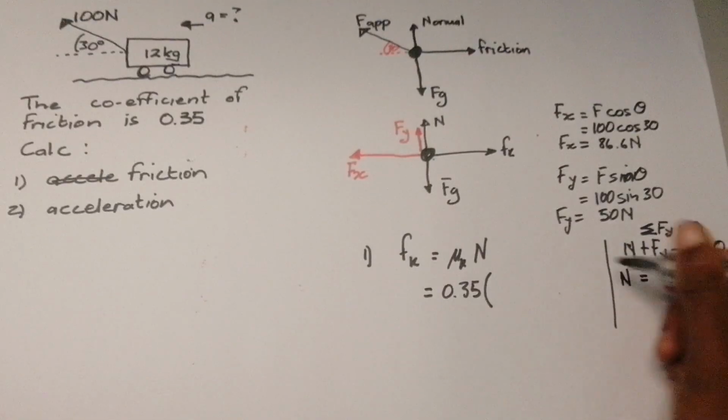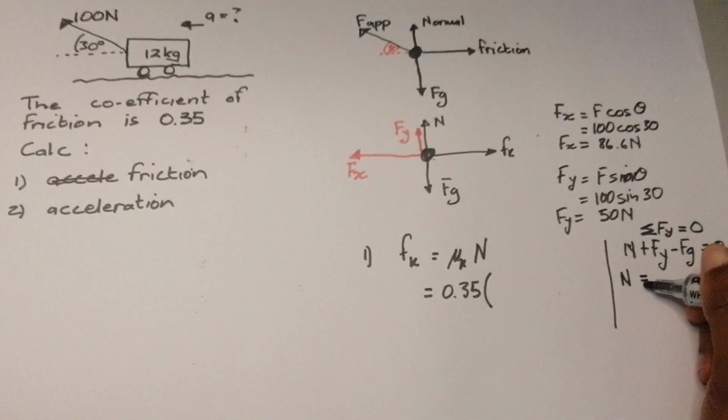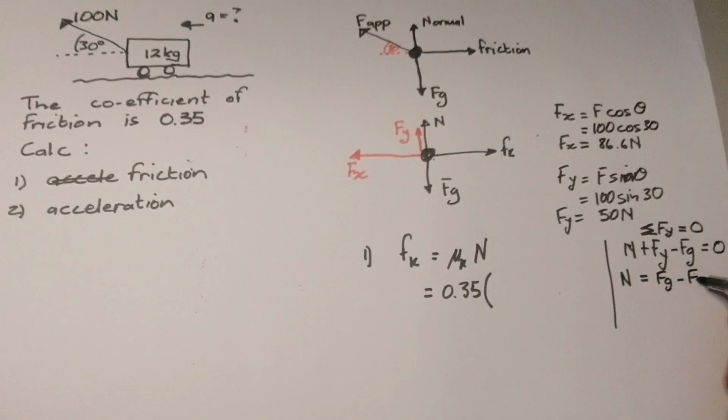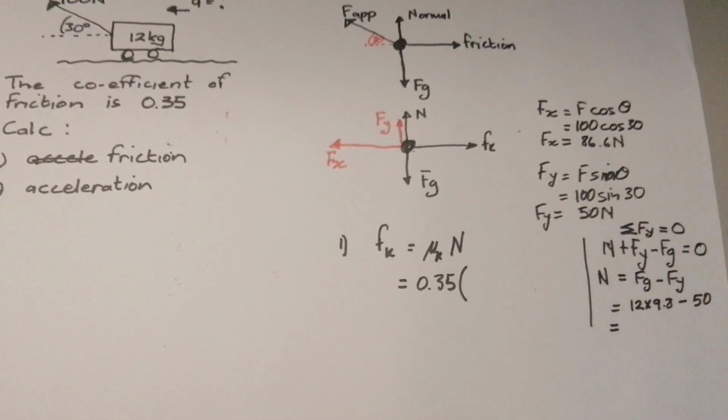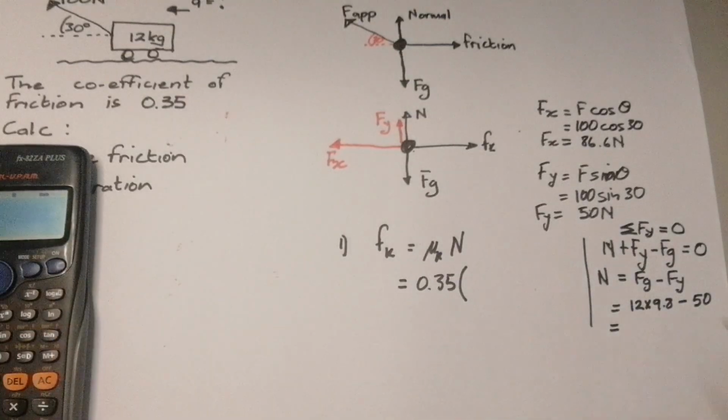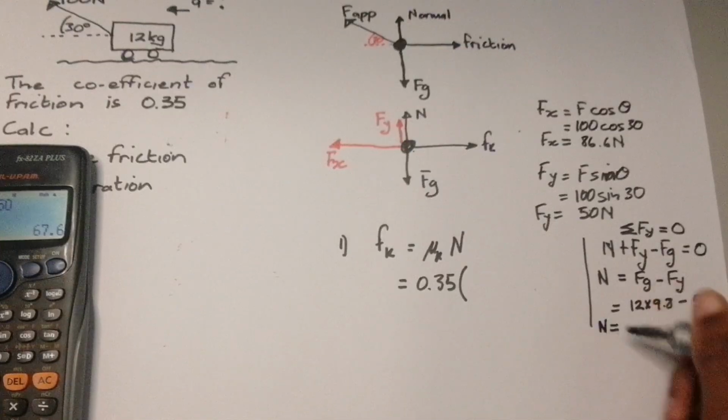So my normal force, I want the normal force to substitute it there. So my normal force would be Fg, if I take it to the other side, minus that Fy value. Now, how do I get the force of gravity? You remember we say mass times gravitational acceleration, isn't it? Our mass is 12, our gravitational acceleration is 9.8, minus our Fy value, which is 50. Hope you can see it well there. Okay, so I'm going to do that. Remember, we found our Fy value here, so this is 12 times 9.8 minus 50, and I get 67.6. So my normal force is